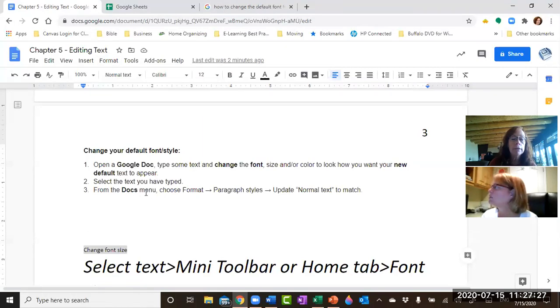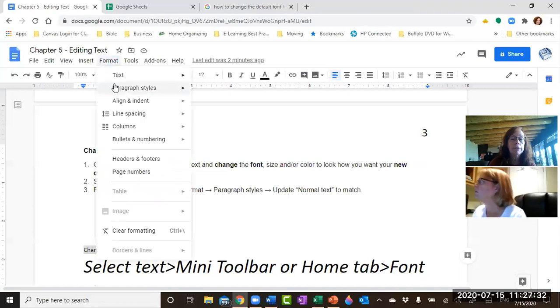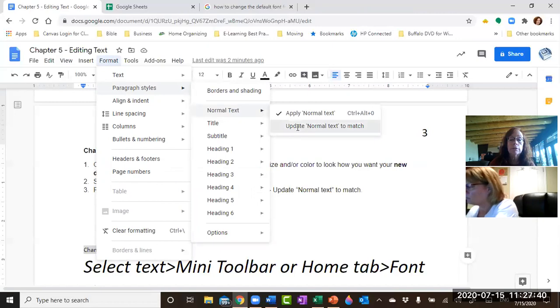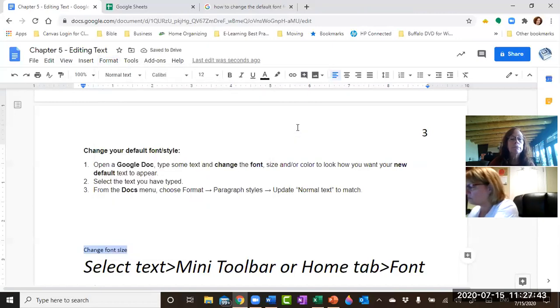Update normal text to match. Choose format. So we got format there. Paragraphs. It seems like there's an awful lot you have to go through to this, but update normal text to match. Well, you know what? I'm going to let this sit for a little bit here, and I'm going to go